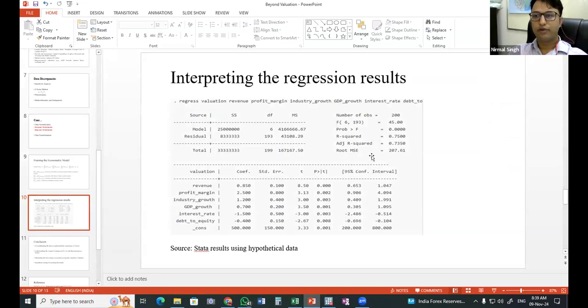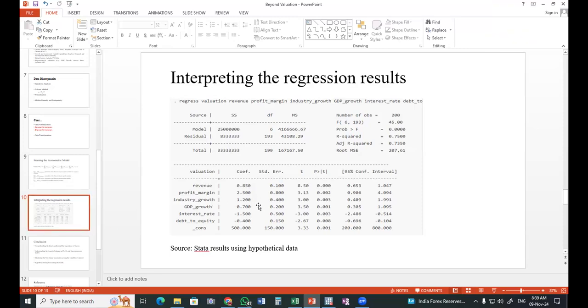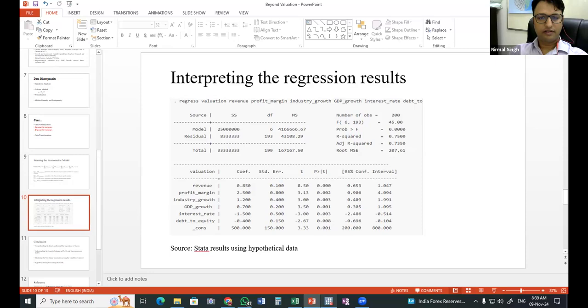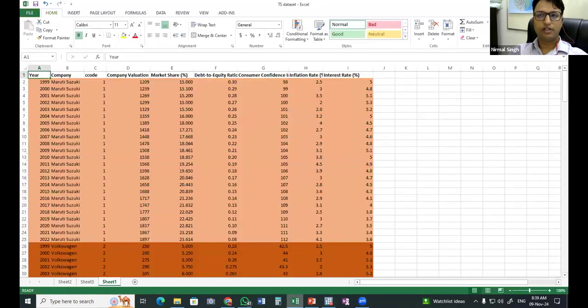If anybody has a query with respect to interpretation, you can ask, please. Sir, can we make a similar interpretation from the Excel sheet, or do we have to take the help of Stata? Okay. Sir, in Excel, we can run only simple models. So for that, there is only the simple pooled OLS model which we can run.